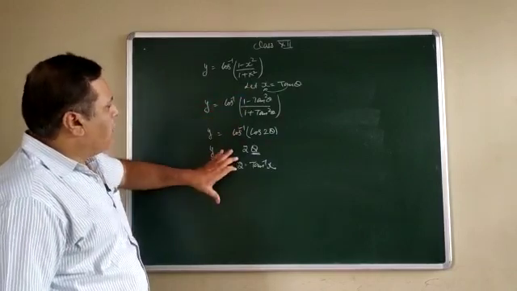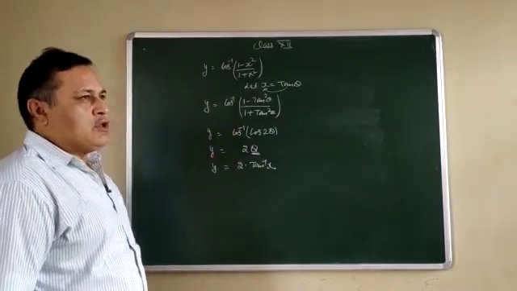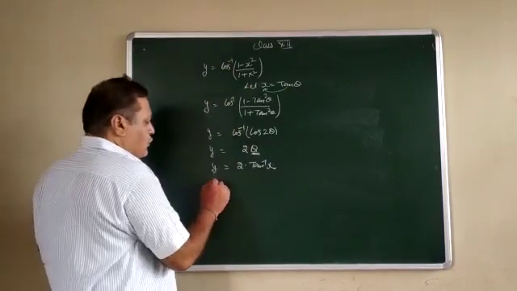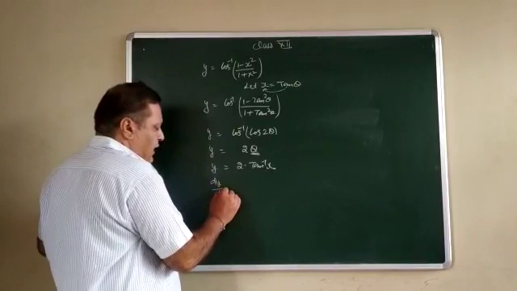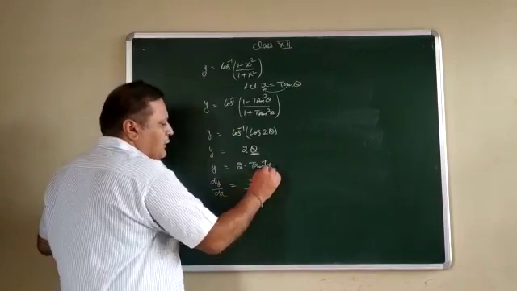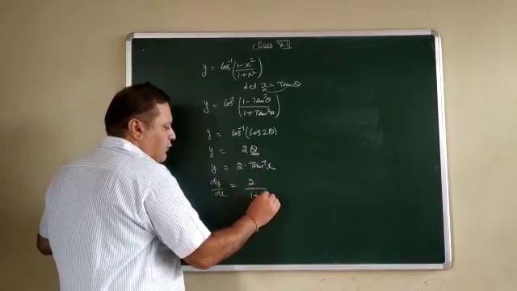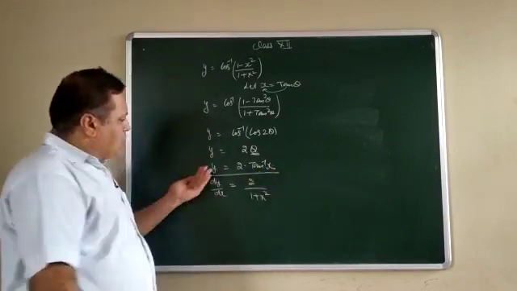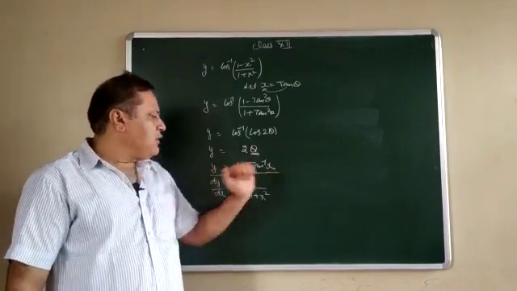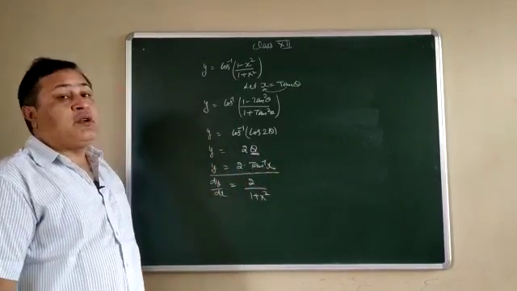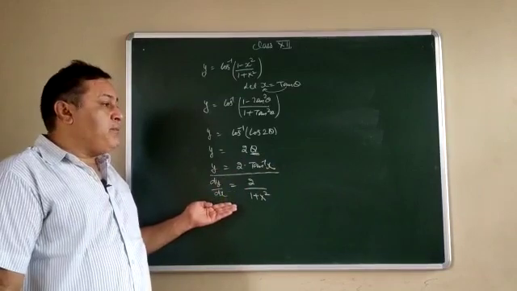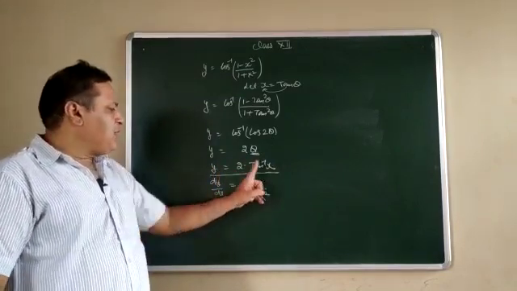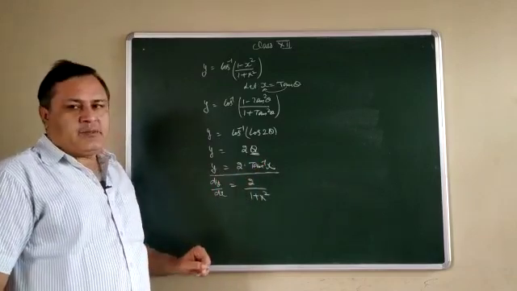If you do not apply the formula, then this question will consume two pages, but now in two lines you will get the solution. So we take the derivative: dy by dx is equal to 2 times the derivative of tan inverse x, that is 1 upon 1 plus x square. If you see this statement, y is on one side and x is on the other side. It is a completely explicit function. The previous one was an implicit function because x and y were together, but in this y is separate, x is separate, therefore it is an explicit function.